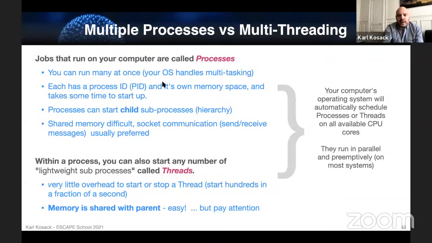In a process, though, the processes themselves run in independent memory segments, so they don't share any data. One process can't access the variables for another process. There's a slight caveat to that: there are ways, via what's called POSIX shared memory, to actually do that, but in general that's not used, and you probably won't ever use it.